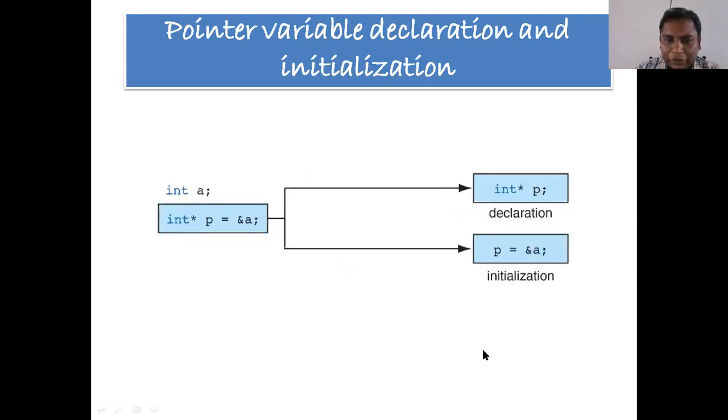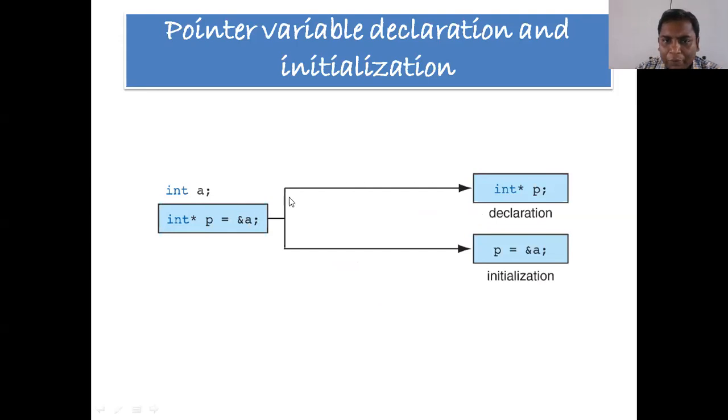So this entire concept can be explained using this particular diagram. If we are saying int a, it means int *p = &a.